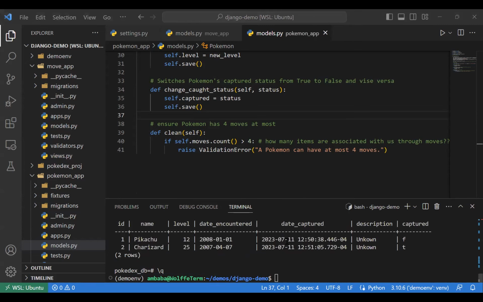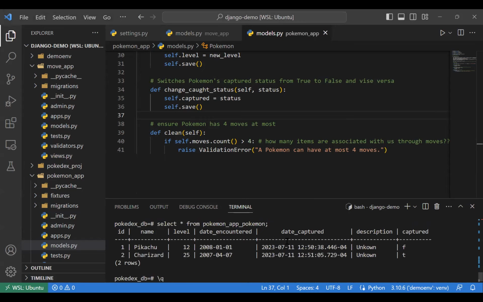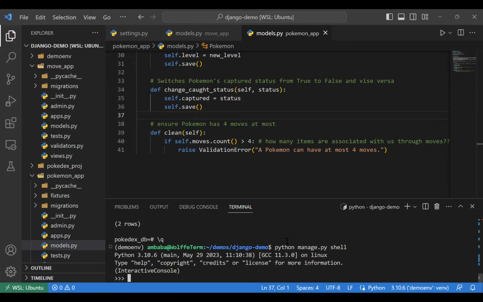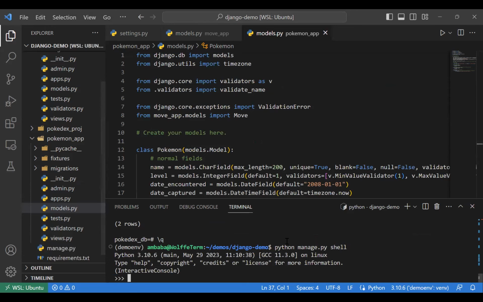Okay, so we can't see our many-to-many relationship in Postgres right now. So how do we know if this thing actually happened? Well, now we can go into our Python shell. If we run python manage.py shell, we are now in our shell. So we could say